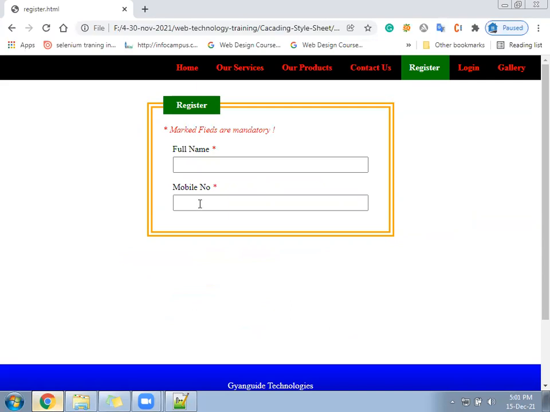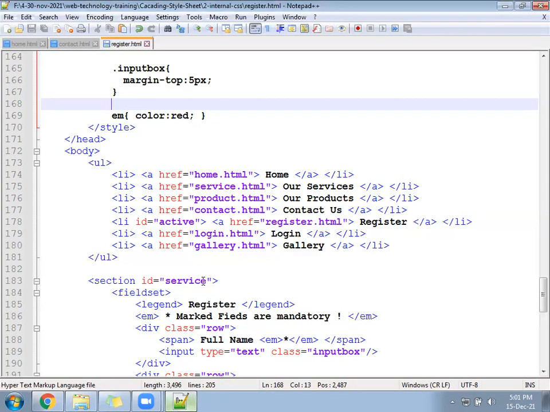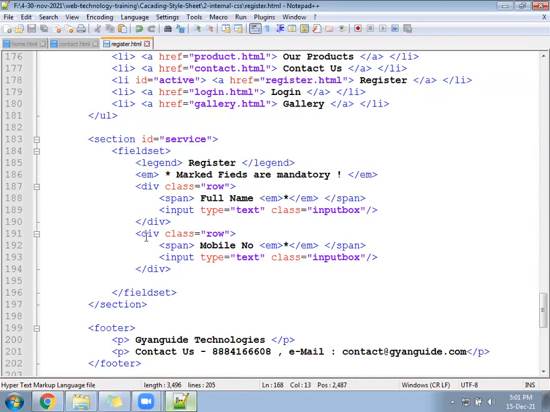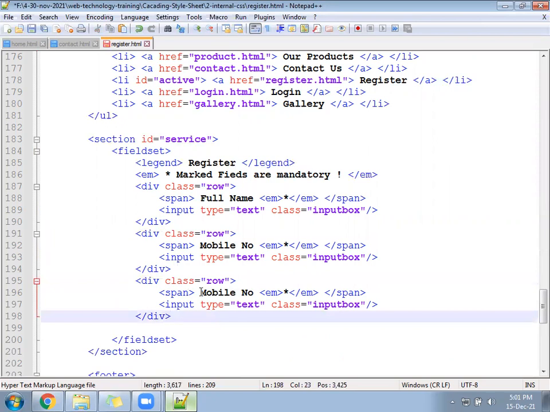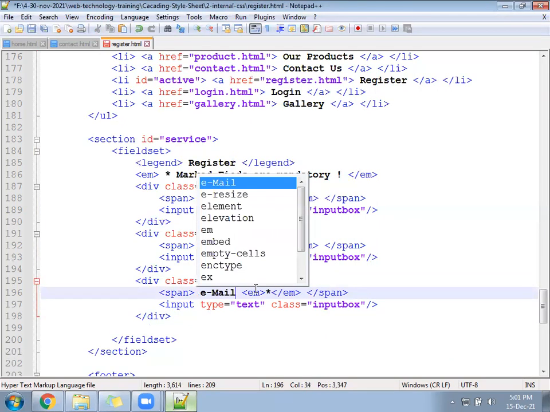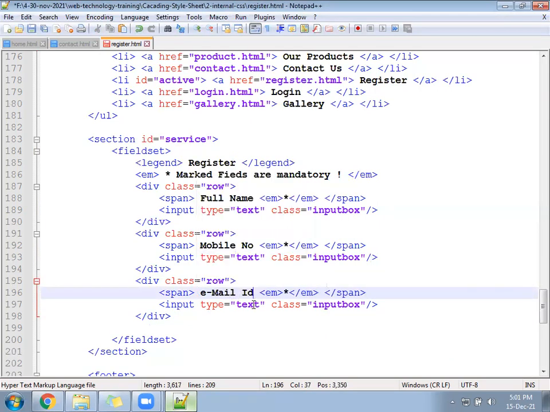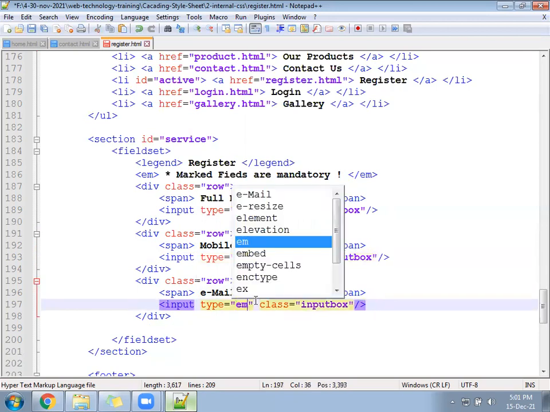Okay, now you can add some more fields: email ID, password, then something. Let's go there. Two fields we have added. We will add the next field, that is called email ID. Here type equal to number you can write, and here type equal to email you can write.